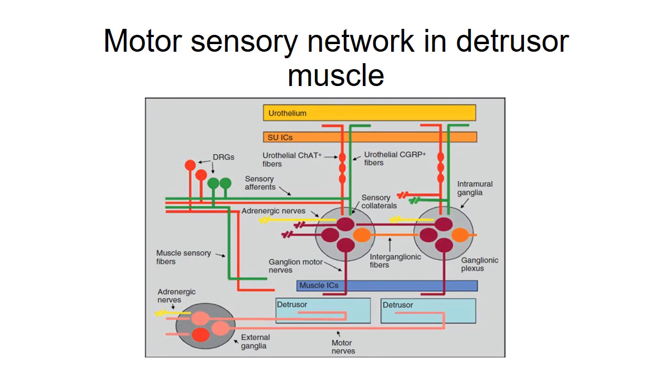This is a picture showing the motor sensory network in the detrusor muscle. This was proposed by Gillespie. The network contains green sensory fibers and red motor fibers next to the detrusor myocytes and intradetrusor interstitial cells. The detrusor muscle has spontaneous activity, and the spontaneous smooth muscle contractions trigger sensory signals to the host. This increase in spontaneous activity will be interpreted as an urgency episode.